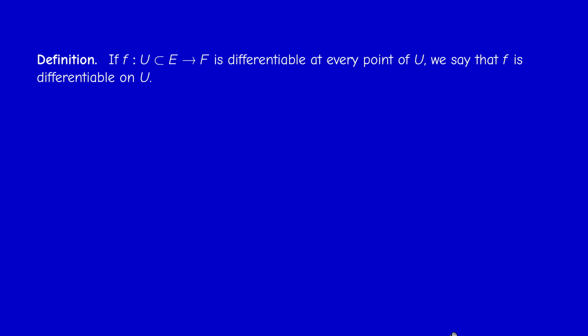Okay, and now differentiability on a domain, as you expect, means differentiability at every point of the domain. So if f is differentiable at every point of the domain U, here one more time, you need the fact that U is open. You understand why? Because in the definition we need that f of a plus h is in the domain of f